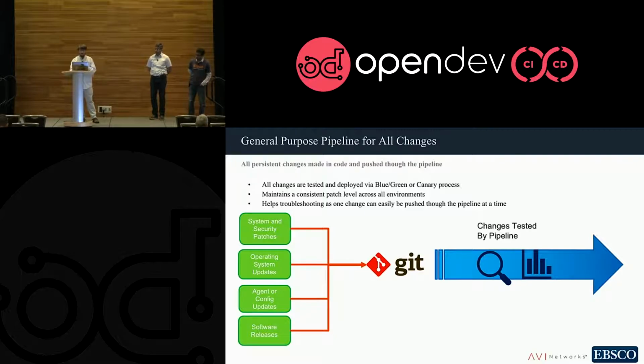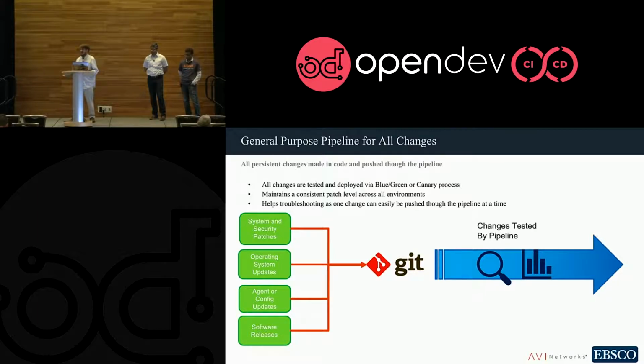Then we said we're going to build our pipeline. And the purpose of this pipeline is really a general purpose pipeline. Everything pushes through this. So not just code, although software releases are the primary motivator here. Because we are doing blue-green and because we are creating all our systems on demand, we can really push any change through this pipeline. So this includes things like